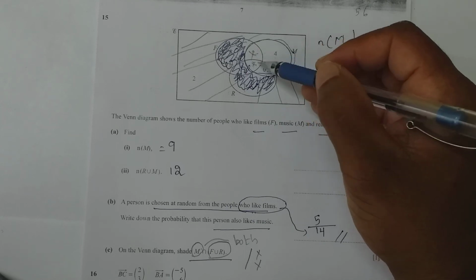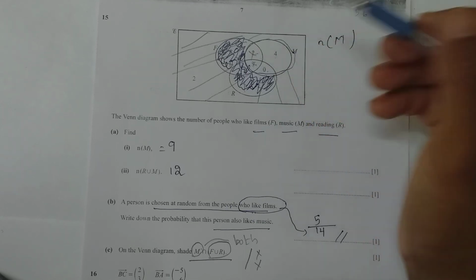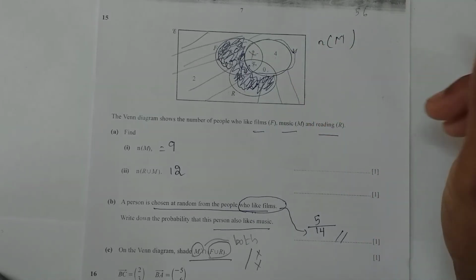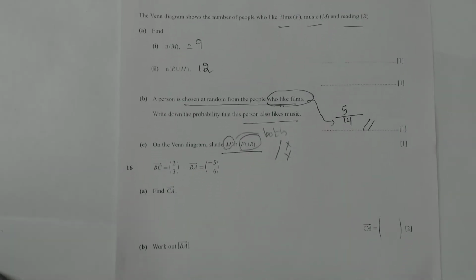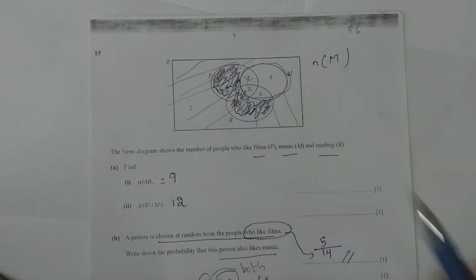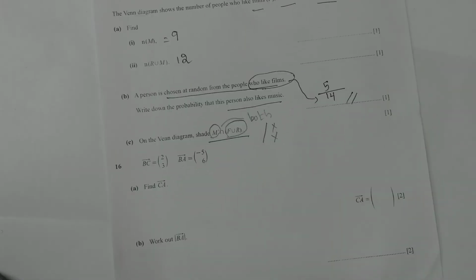Where only the stroke line is there, that's not the answer. Where only the star marks are there, that's not the answer. Intersection means both the stroke line as well as the stars. That is the answer. Okay, next sum now. Did you understand? This is the answer. Next.